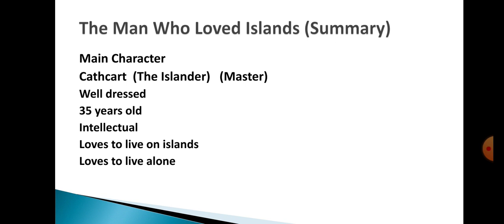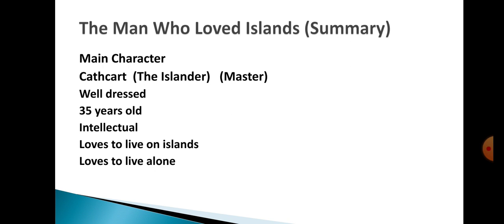What is an island? You know that an island is a piece of land that is surrounded by water all around it. This is a piece of land which is surrounded by the sea, by the ocean all around it. So this part of land is separate from the entire world. So it is the symbol of alienation. This is the symbol of loneliness. So when the writer says the man who loved islands, it means the man who loved loneliness,